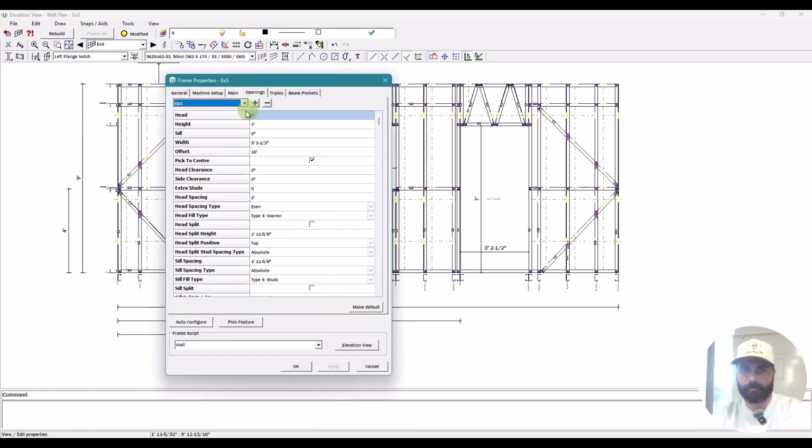Make sure, because you design stuff in here that the guys can't put together. What they'll do